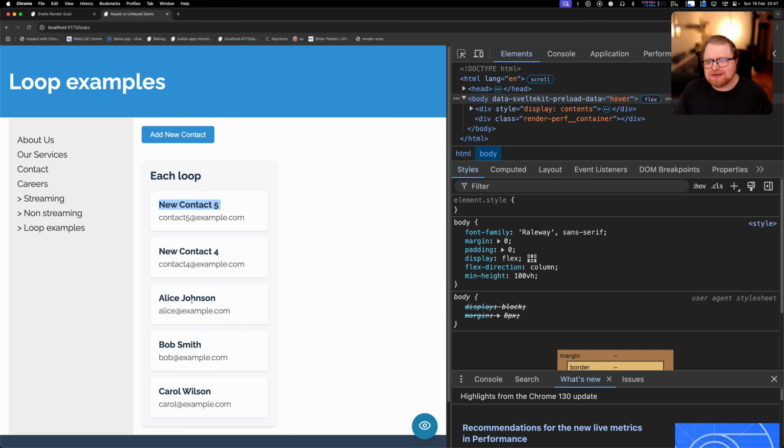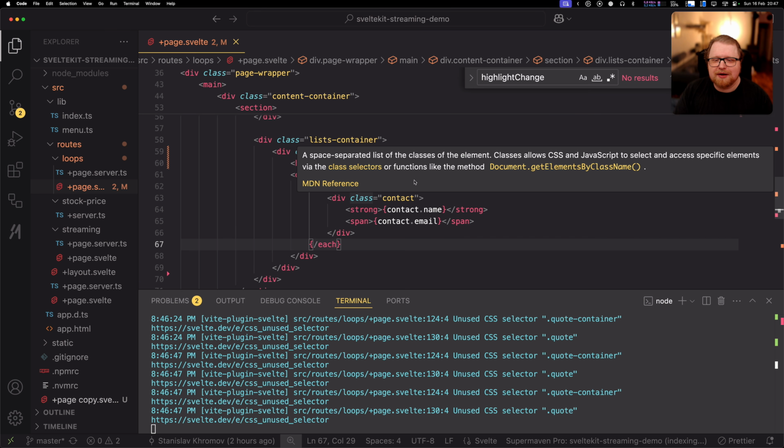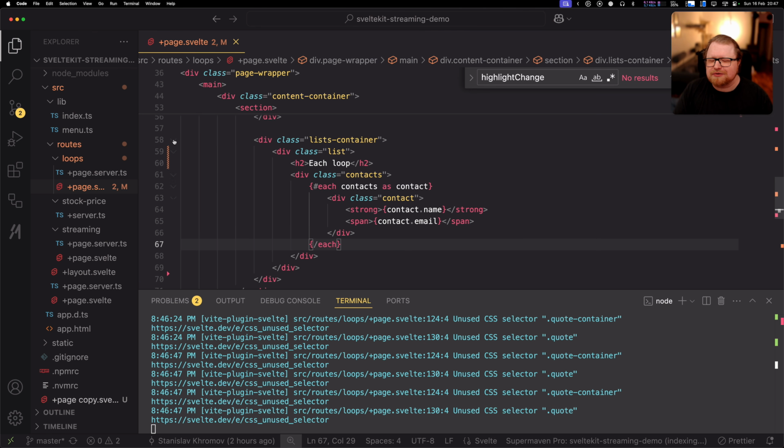The reason these other unrelated elements are updating is because Svelte really doesn't know which element in an array relates to which actual item in an each loop. So in order for it to know that this is contact 5, this is contact 4, we need to key the loop by giving it a unique ID for each item in the loop. And this is very simple, and I'm going to just make a